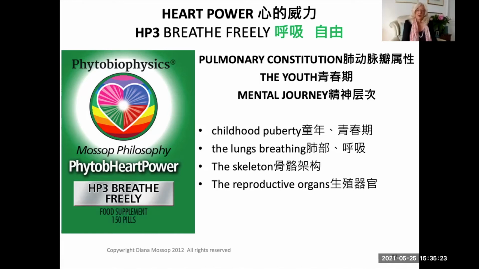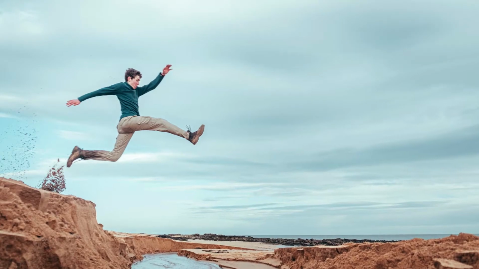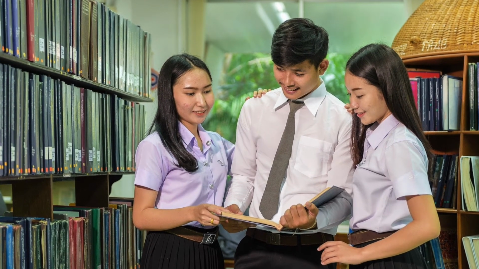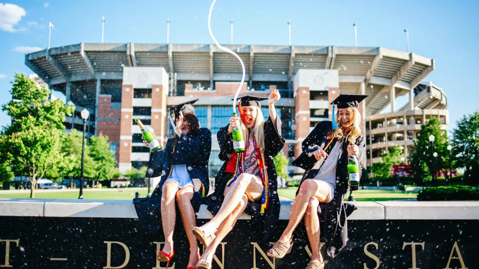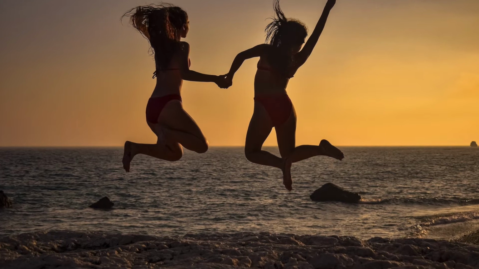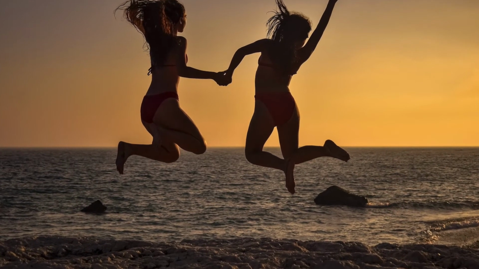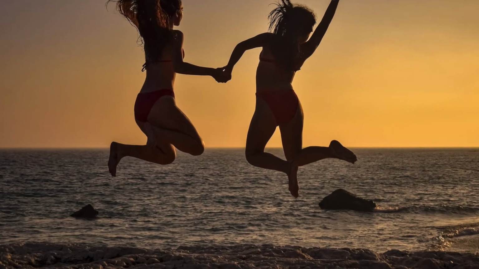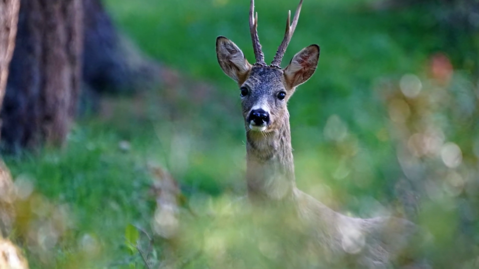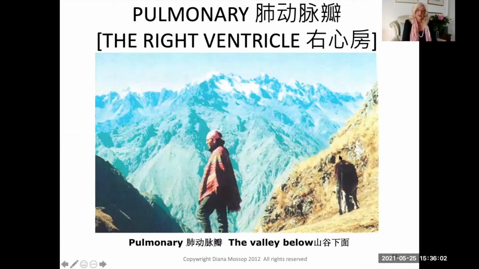This constitution is vibrant, elegant, very slender, very active, very youthful, always looking on the bright side of life, open ideas, ideology, learning, school, institutes like universities, always striving to be the best. The pulmonary constitution is vibrant, elegant, slender, and always looking towards being. Self-worth is a very key concept. Respect about the environment, respect about nature. Self-worth is a very complex concept.